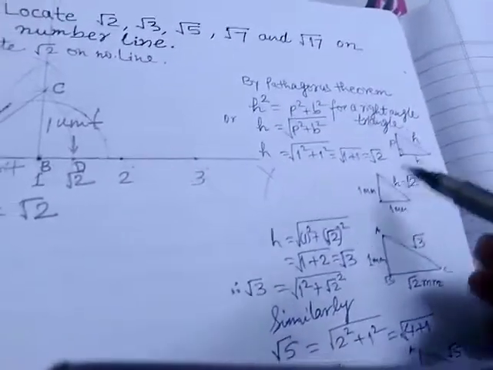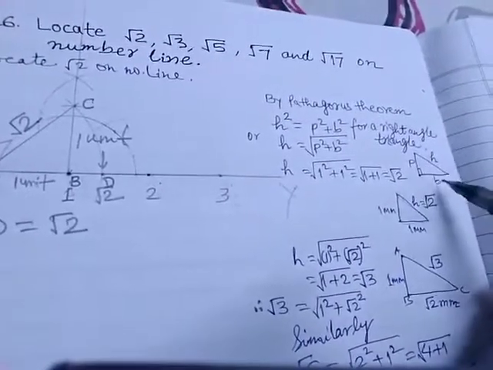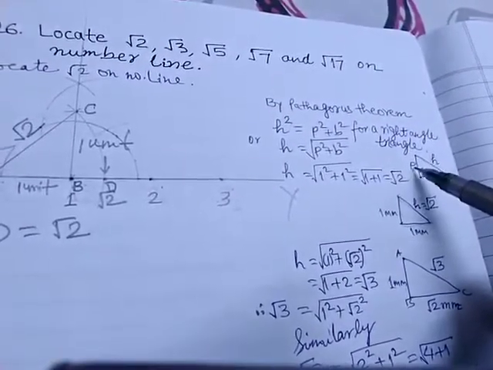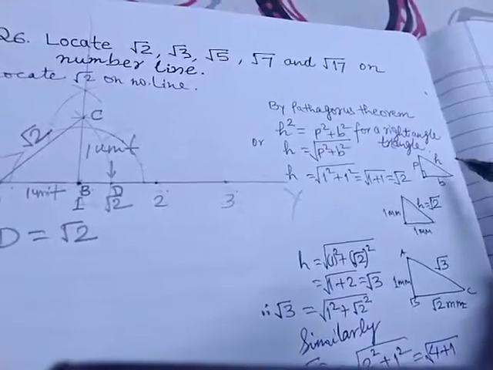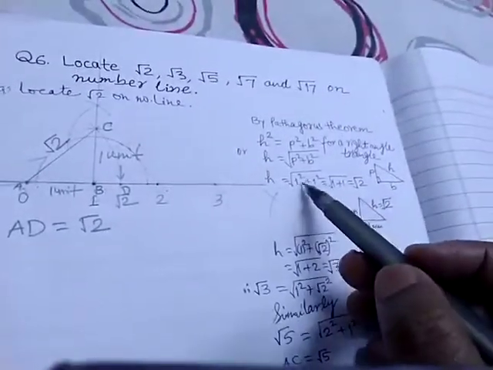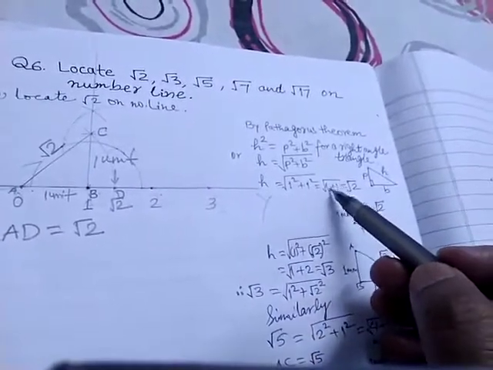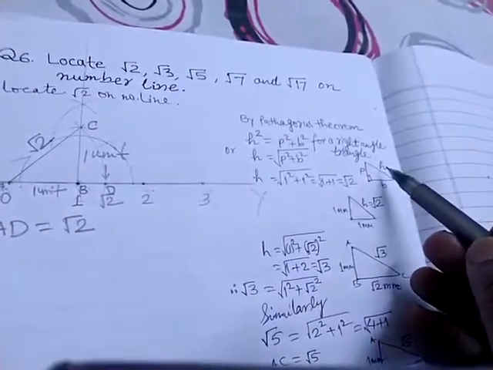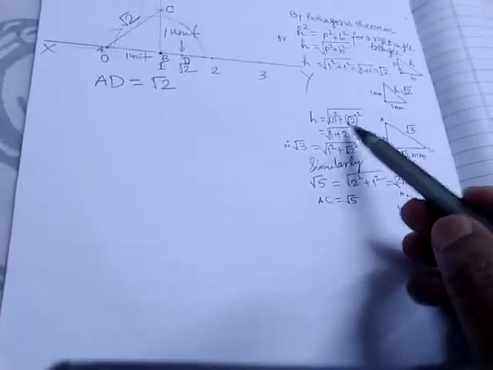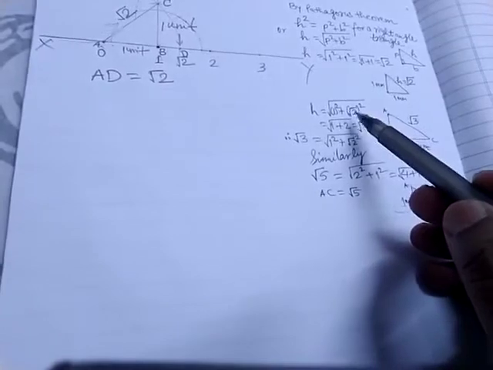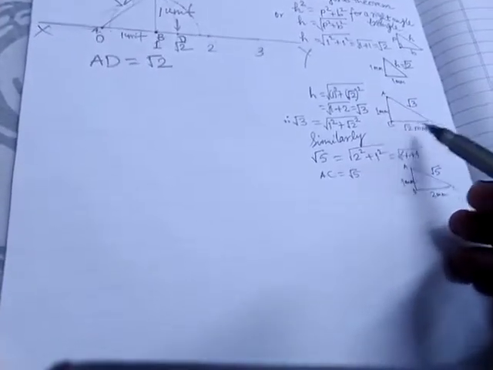As you know from the Pythagoras theorem, when the base is 1 mm, the perpendicular is also 1 mm, then the hypotenuse will become root 2. Okay, so 1 square plus 1 square, that is 1 plus 1, is equal to root 2. So here the hypotenuse becomes root 2. Similarly, if I take the base as root 2 and the perpendicular as 1 mm, then this becomes root 3, and the same way go ahead.